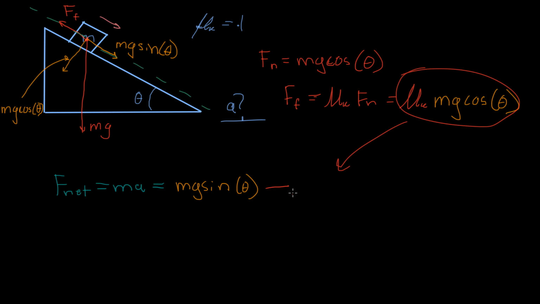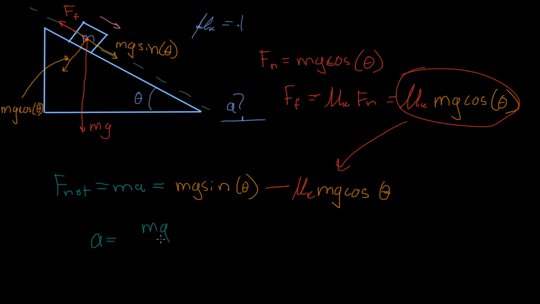So that goes here as mu sub k mg cosine theta. And there we go. Those are all the forces that are acting on this mass here in this plane, or in this direction that we're seeing here, that are affecting movement. And so from there, we can solve for acceleration. When we solve for acceleration, we'll get the following. We get that a equals